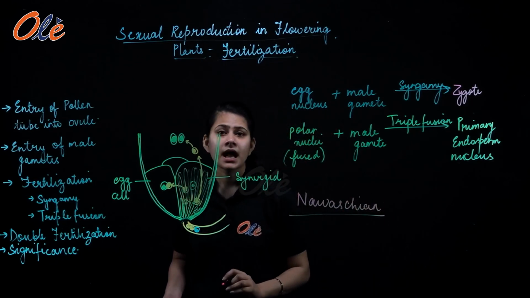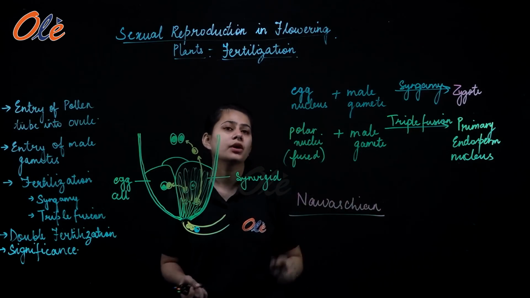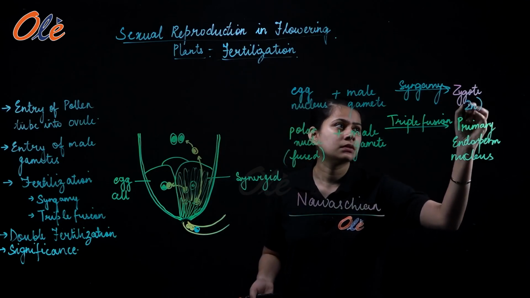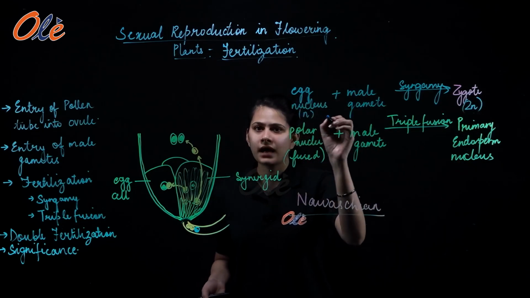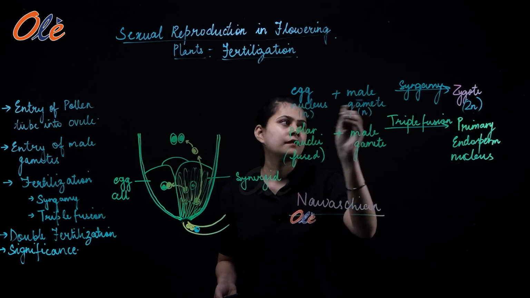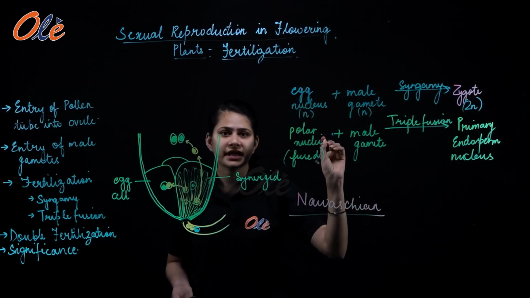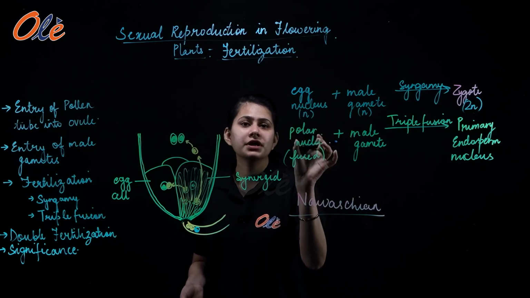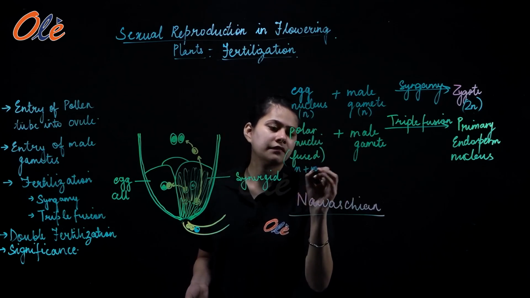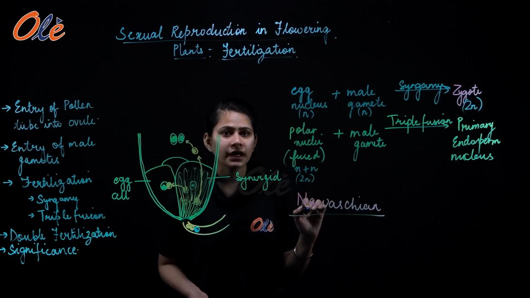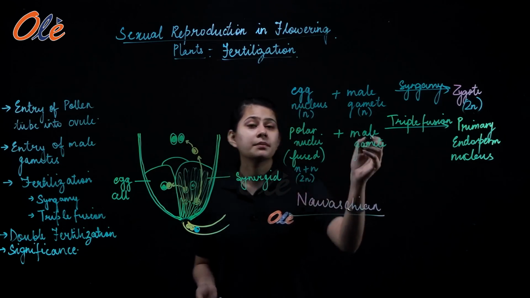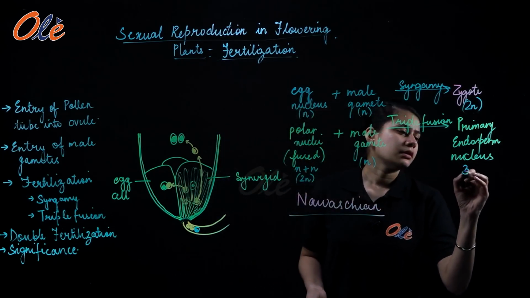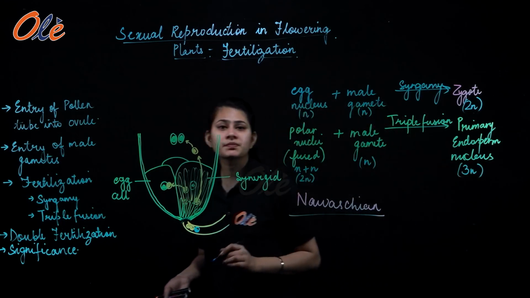in the flowering plants, and during double fusion he also discovered that there is formation of the diploid zygote, right? The egg nucleus is haploid, the male gamete is haploid, fusion leads to the development of diploid zygote. And there is also the development of a triploid endosperm. तो यहाँ पे polar nuclei जो थे, both of them were haploid. They fused together to form a diploid cell, right? Or rather a diploid nuclei. The male gamete here is again haploid. So 2n plus n here we get a triploid endosperm nucleus.